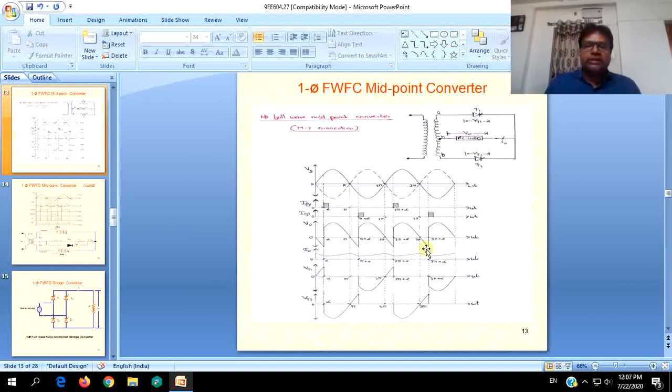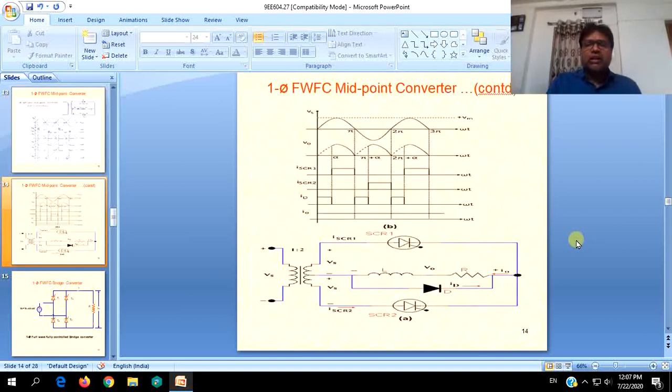When the load inductance is less, there appears a gap before the next SCR is fired at pi plus alpha. Current will become its minimum value, and there will be a gap in between. That will be a discontinuous mode of operation. In most of the circuits, it will be tuned, and even the firing angle will also be tuned to the inductive value, so that current will be continuous, and mostly we will be using them as continuous conduction mode. And these things are applicable to bridge configuration also.